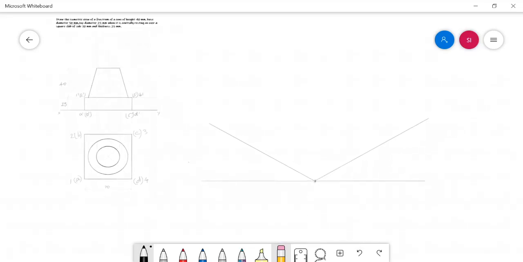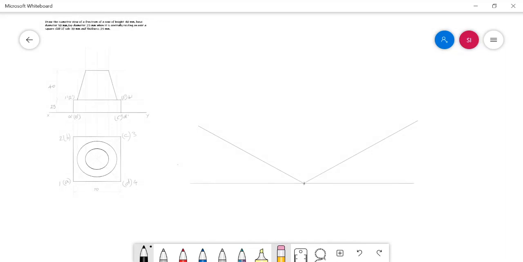Now the bottom solid, the square slab, can be drawn first. The dimensions given are 70 mm base side and 25 mm thickness, and the bottom left corner A can be located at the origin of our isometric axis.